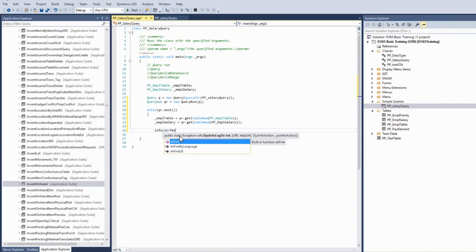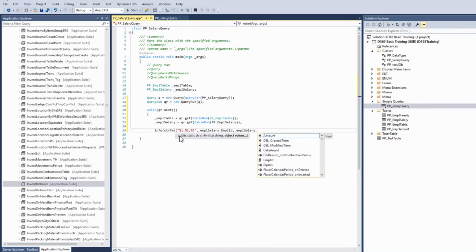As it is an amount, I have to use strFmt. dot amount.